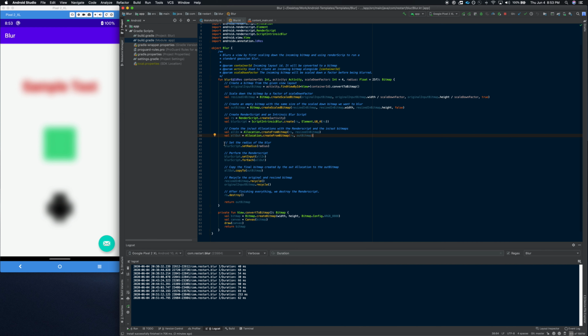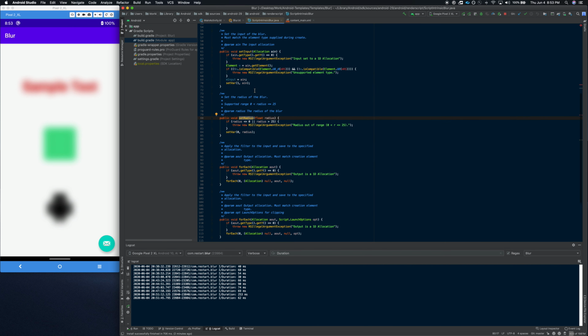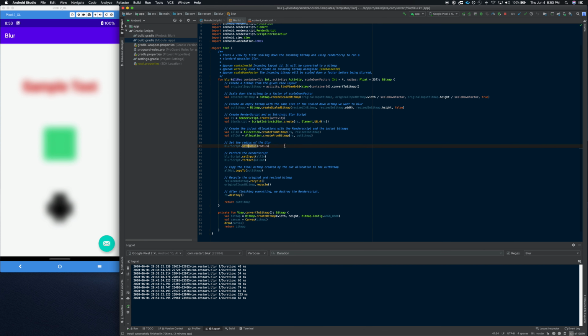Once we set up input and output, another variable that we could do is the radius of the blur. If you've used blurs before, this is one way where you could make an image or a view be more blurry or not as much blurry, and the range is 1 till 25. So by default I've set it to 25,